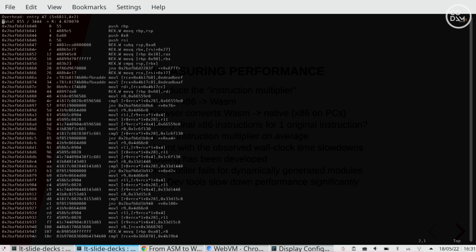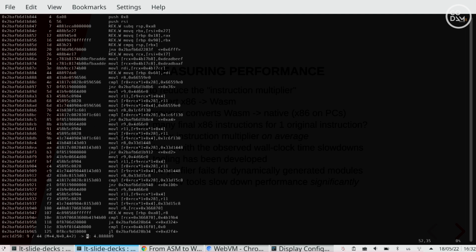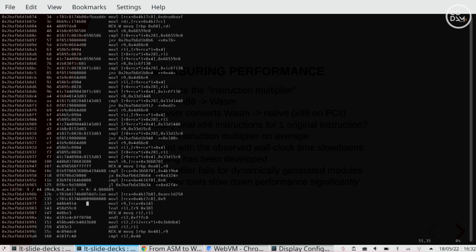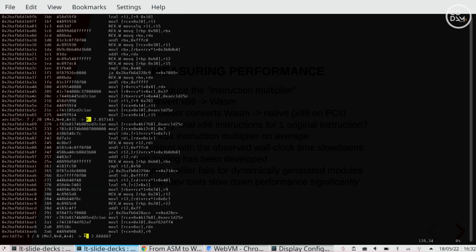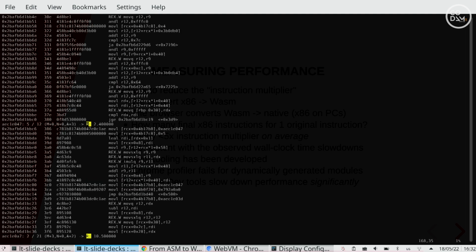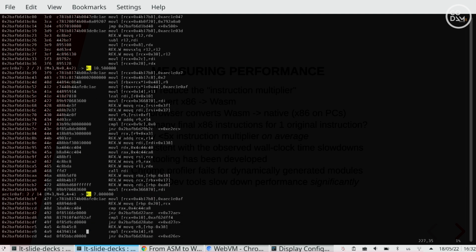And I'd like also to show you how this ratio works for different blocks. If I go down, I should be able to show you that, for example, this block here, I can highlight it for you, maybe it's better, has a multiplier of 4. This one is 2.8, 2.6, 6.2. This one is pretty bad, for example. This one has a multiplier of 10.5. And we can see this is actually a call. And calls are pretty difficult to optimize, really.